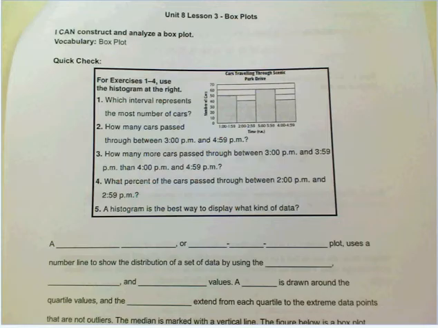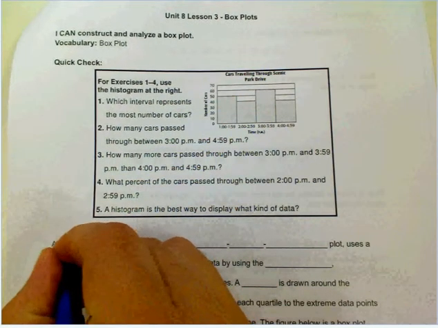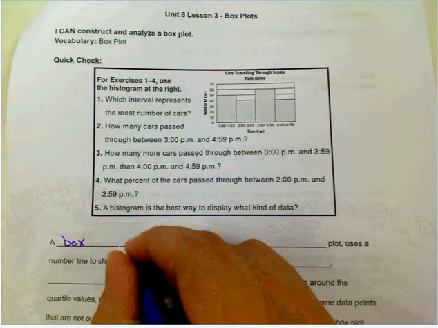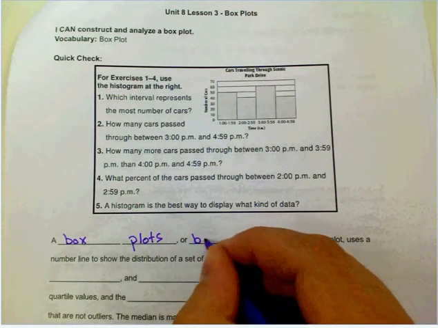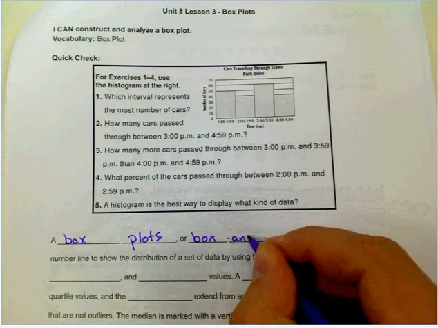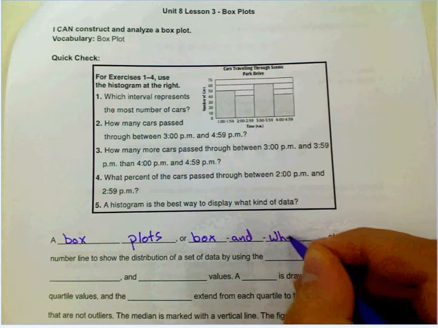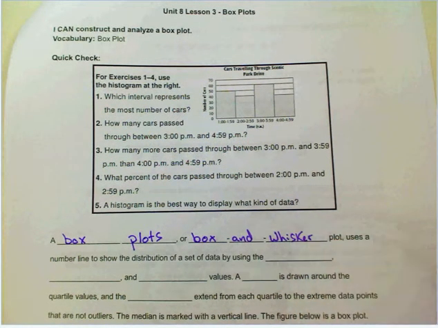Today you're going to be working with box plots. Box plots are also known as box and whisker plots. They use a number line to show the distribution of a set of data by using the median,